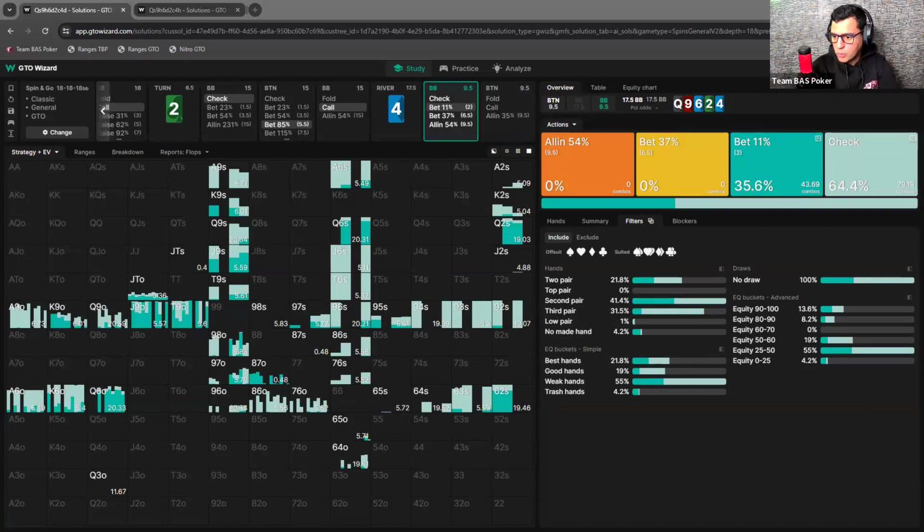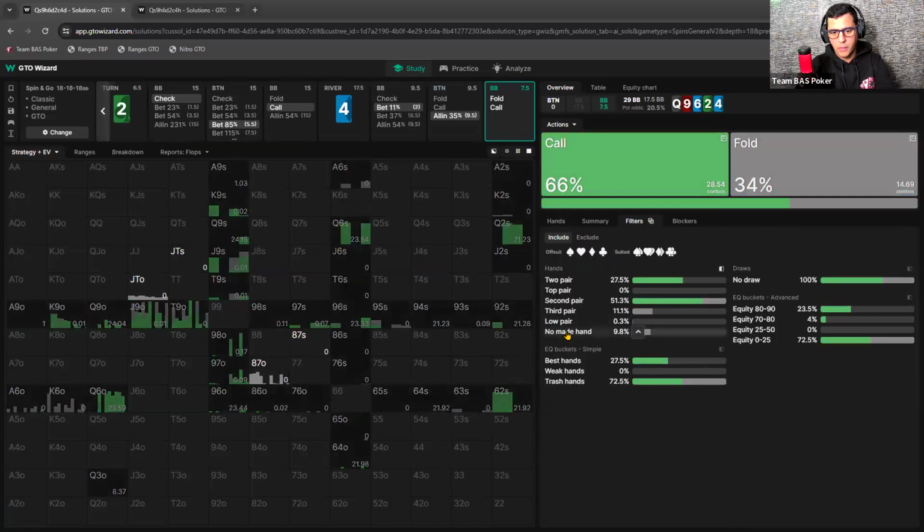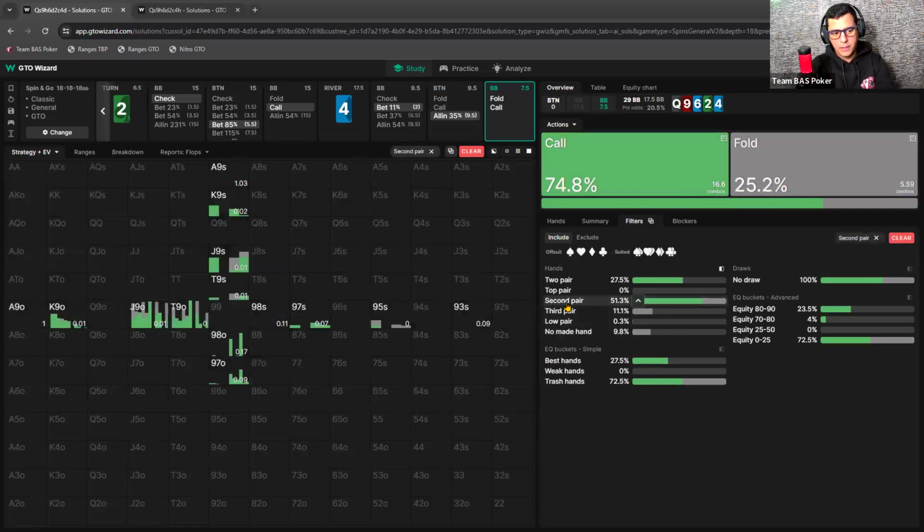Can you show the block bet call versus all-in combination we have? Yes, of course. So here the button is going for an all-in, and of course, no made hand is a clear fold. Third pair is a clear fold here. Second pair is folding some and calling some, and this is against the